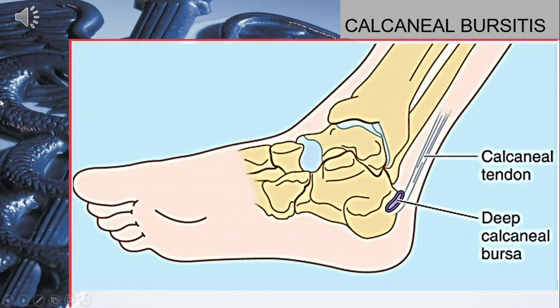So there is a bursa located deep to the calcaneal tendon between this tendon and the posterior surface of calcaneum, and commonly in athletes, especially the long distance runners and basketball players, this bursa can be inflamed, and this is known as calcaneal bursitis or retroachilles bursitis, and there is pain in the region, especially on touching, and the pain is aggravated during plantar flexion.